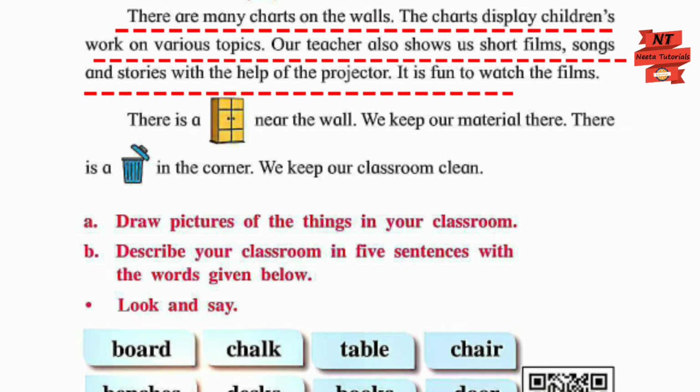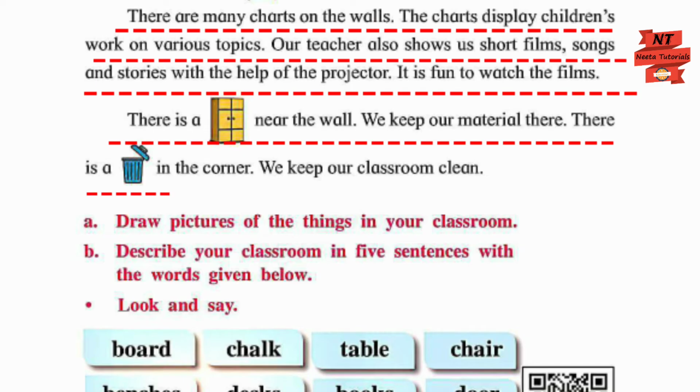It is fun to watch the films. There is a cupboard near the wall. We keep our material there. There is a dustbin in the corner. We keep our classroom clean.